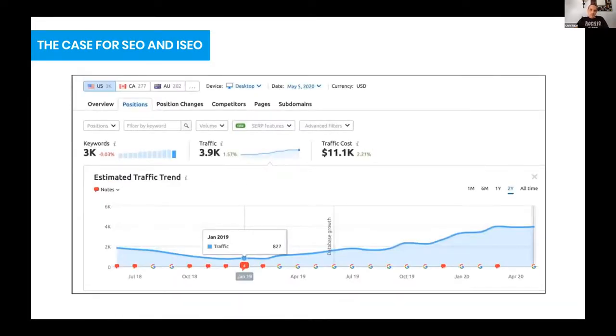All right. So the case for search engine optimization and international SEO, well, these guys came to us. I think they got hit by a Google algorithm update. They used to work with a cheap offshore vendor. They came to us, and then look at that, after applying SEO and international SEO best practices, we got them back on track, and luckily sales also increased in correlation with an increase in Google organic search traffic.